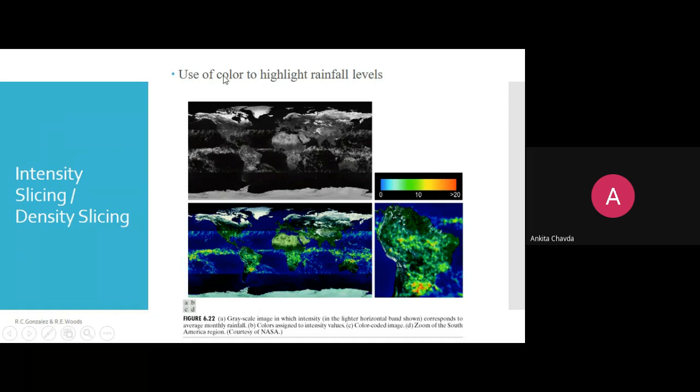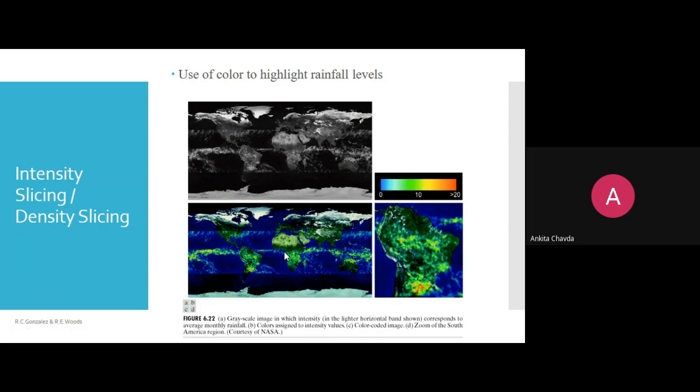So here, color is used to highlight the rainfall levels. In one of the regions, they have calculated the rainfall in inches, right? And based on those inches, they have given a color. If the rain is greater than 20 inches, you can say it is heavy rainfall, right? So that will be represented with the red color, danger. Based on that, they have done this color coding, right? And they are showing you this region. This is what you have seen in the news and all, right?